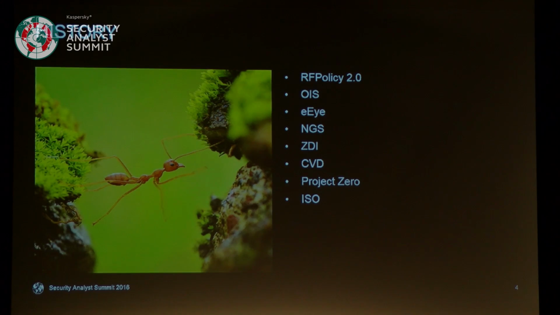The history of disclosure policy is long. We have 15 years of very smart, very well-intentioned people working on this problem. The first vulnerability disclosure policy that I've come across that is truly written as a policy is based on academic attribution policy, and it was written by a researcher named Rainforest Puppy, and it was RF policy. And since then, there's been OIS, which was primarily a group of vendors that wrote that after RF policy. EI wrote their own policy, NGS had their own policy, ZDI.